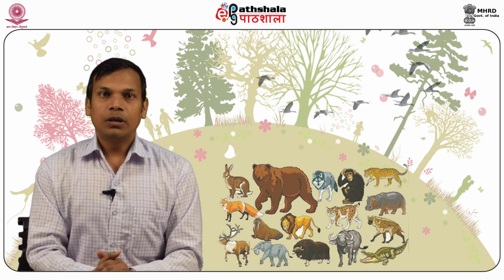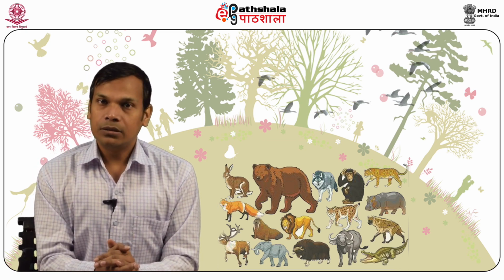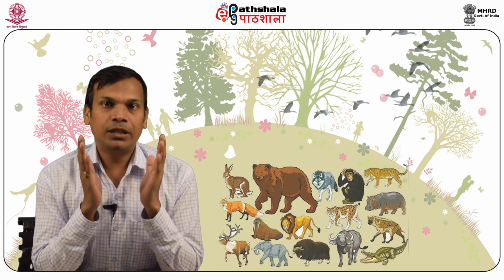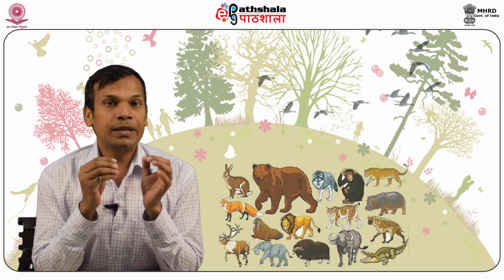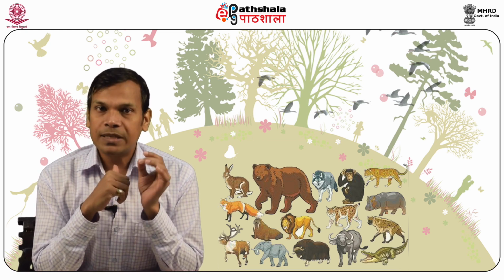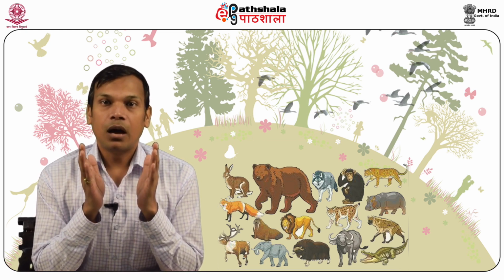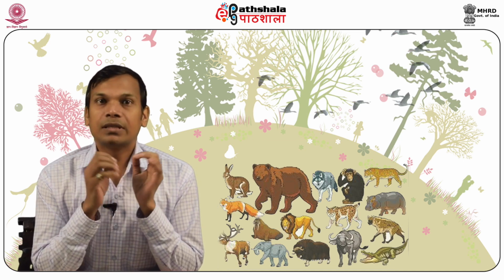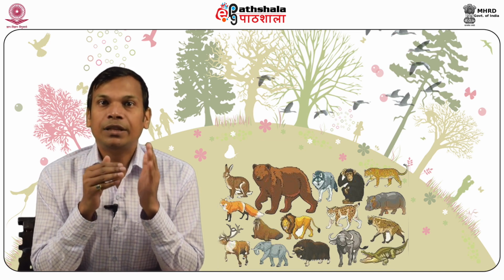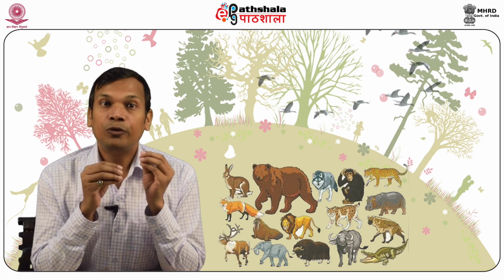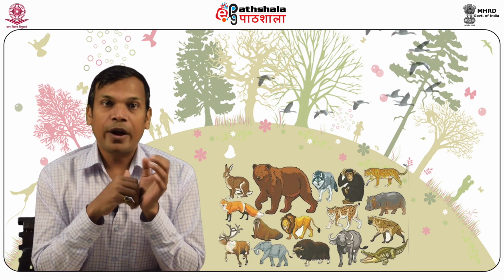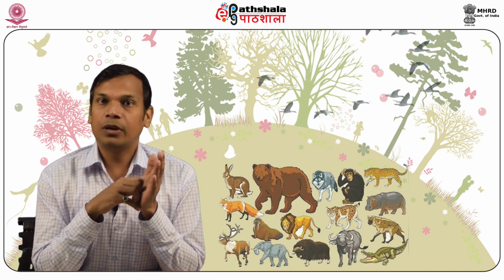The pyramid of number was advanced by Charles Elton in 1927, who explained that there is a difference in the number of organisms present in each step of the food chain. The organisms present at the base of the pyramid are the most plentiful. The successive trophic levels of the pyramid decrease rapidly in number until there are few carnivores present at the top. The lake ecosystem provides an example of pyramids of number.